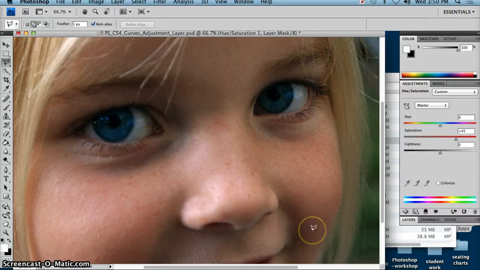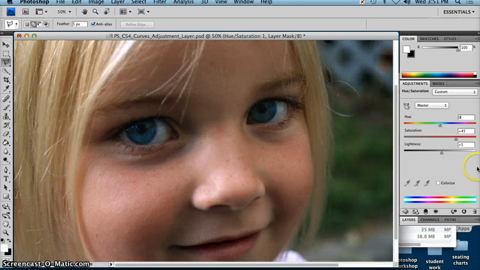Now, the lightness, if we play with this, notice that by making it go down, we're adding more black to it. It's becoming darker, okay? And now she looks like a little demon child. If I go up to the right, it's adding more white to it. It's lightening it, okay? So actually, if I make this about a +5 and I zoom back out a little bit,